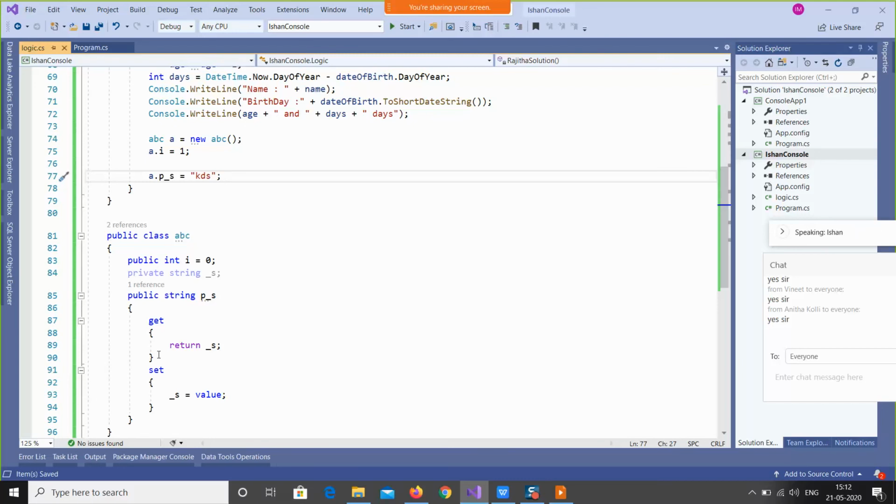I hope you guys have heard about the concept of encapsulation and abstraction, where you need to expose only as much data as you want to expose, not everything. By this way, if I remove the get, then I cannot retrieve the data anytime or anywhere. I can only set the value. So for this concept, when you want to restrict your variables, or your members, you should go with the properties.